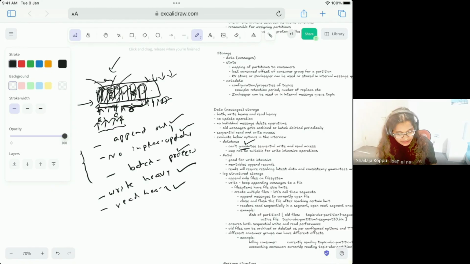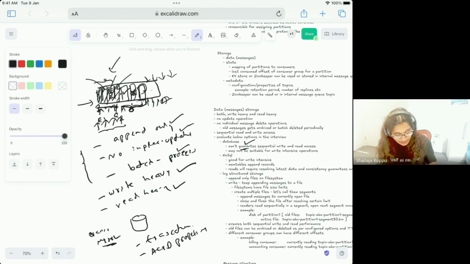For the database, you really don't need to understand the entire internal design, but it's good to understand when we usually use a database compared to other systems. If you take Oracle or MySQL, most of the reasons we use them are for transactions, and second, for ACID properties. ACID properties are implemented using transactions, write-ahead log, and so on. And a database is very good for read-heavy operations, but writes have a penalty.